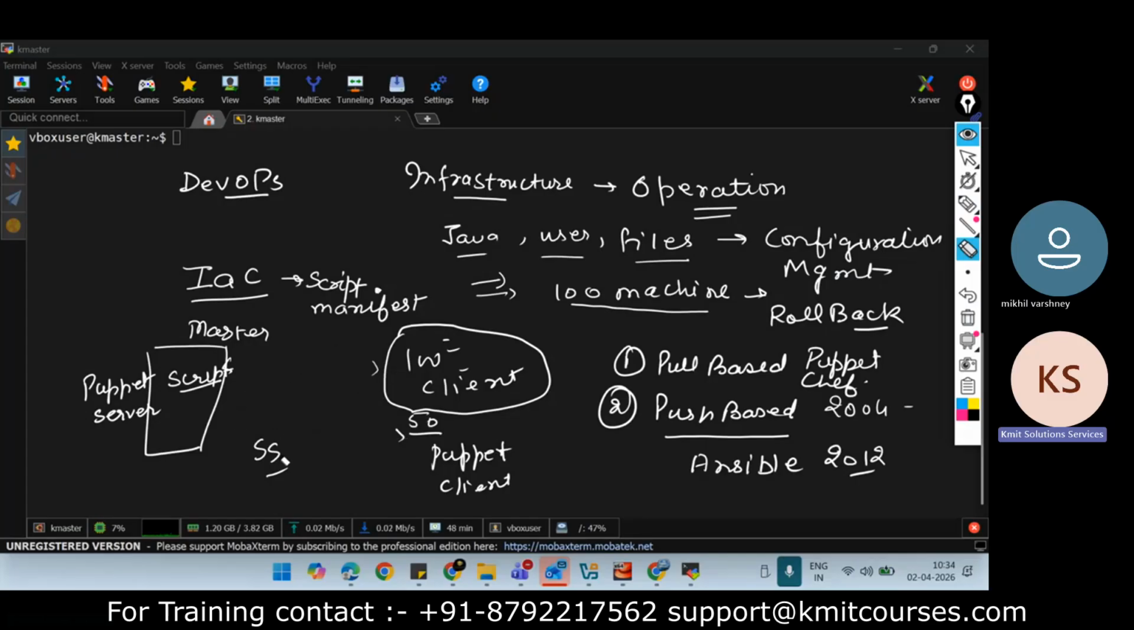Now consider that you have 100 servers where you want to install Java. In the case of Puppet, I need to install the Puppet client on 100 machines. But Ansible says you need not install any client software on the client machine. Then how will they communicate? They communicate through SSH,